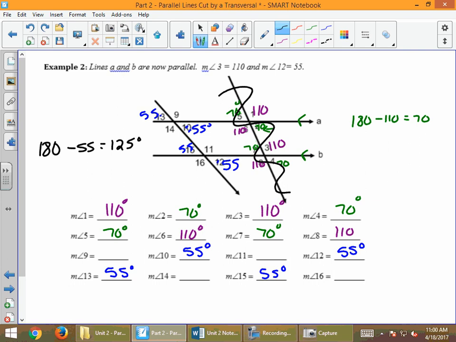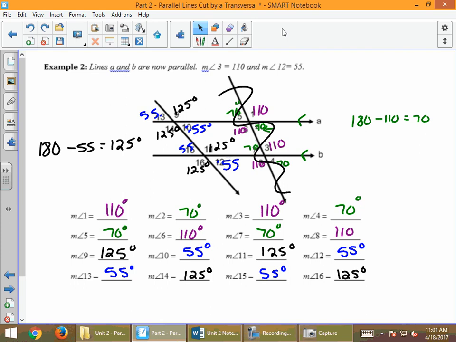So all these other angles are going to be 125 degrees no matter what. 11 is 125, 16 is 125, 14 is 125, and 9 is 125. It's like a big fun puzzle. And there you go, that's what we're going to do in part 2. In part 3, we're going to go a little more in depth with this concept. If you need to, watch the video again, or go ahead and move on to the part